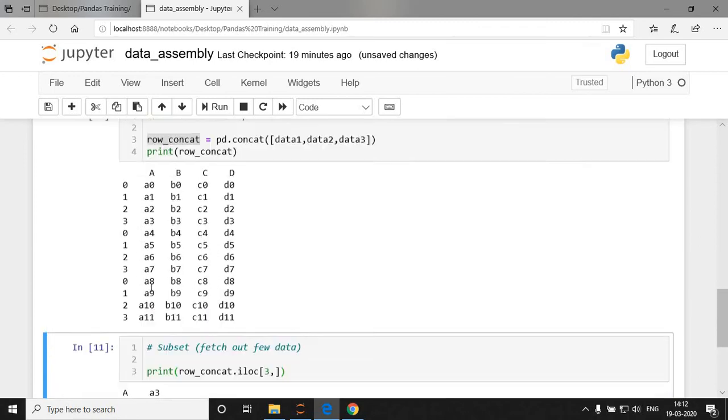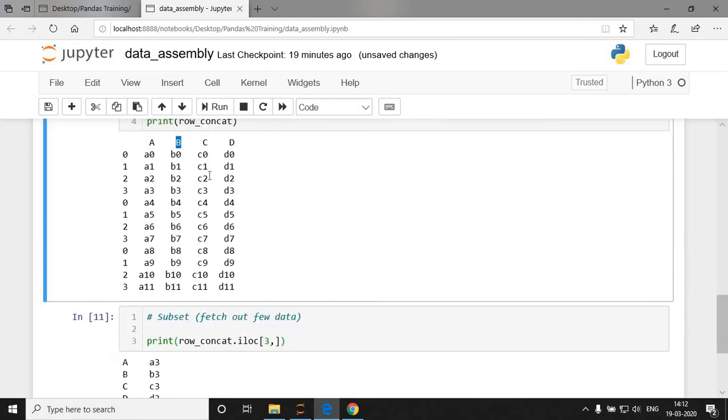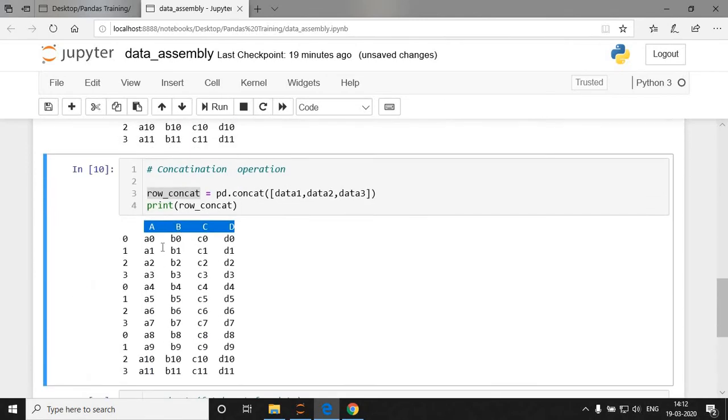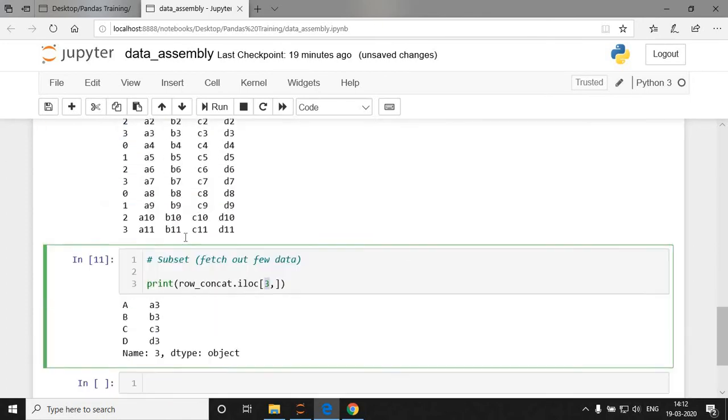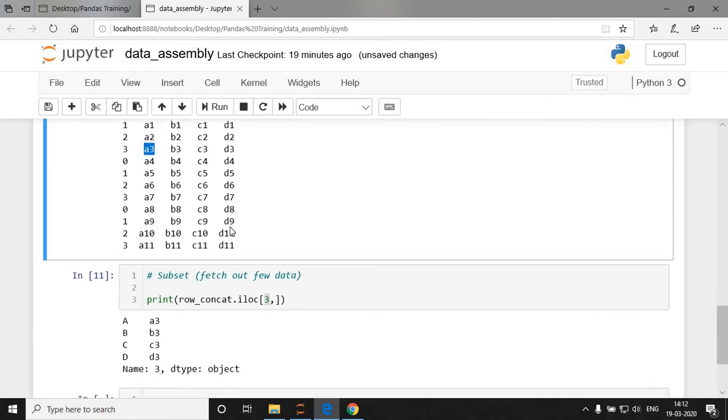Here is A, B, C, D. This is the value of column. I'm considered as a row, and here I write 3, means third row is going to consider. So A, A3, B, B3, C, C3, D, D3. Okay, then